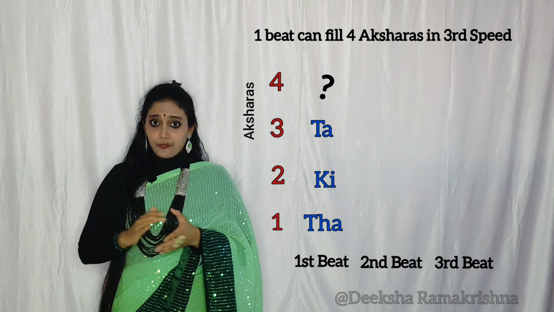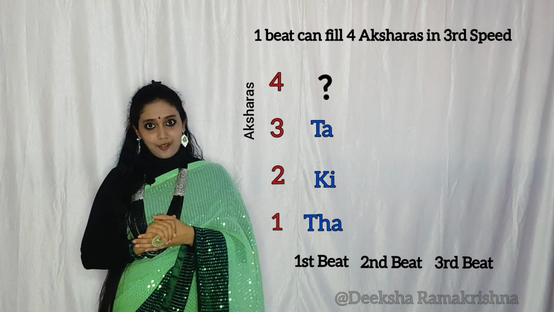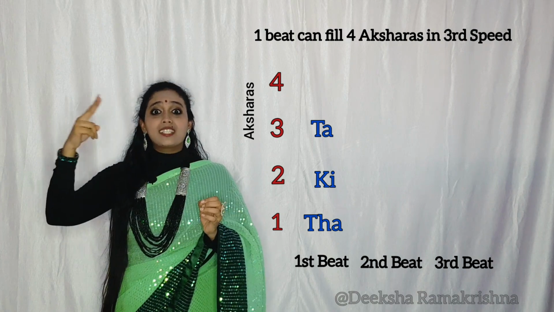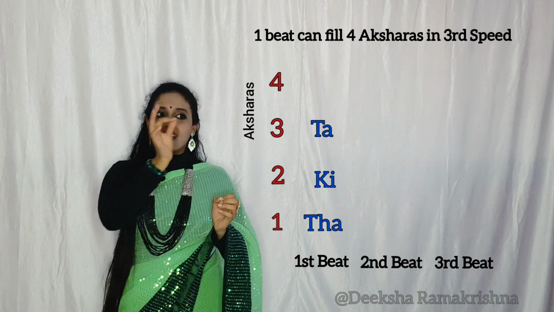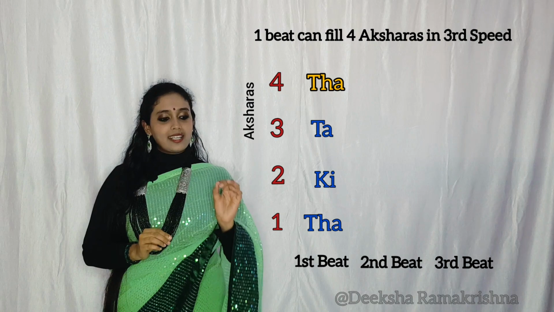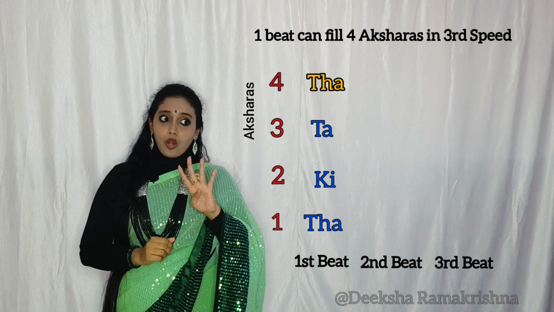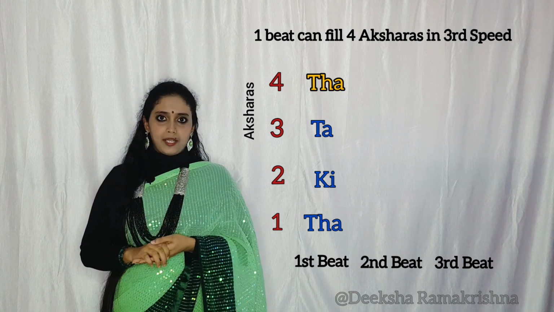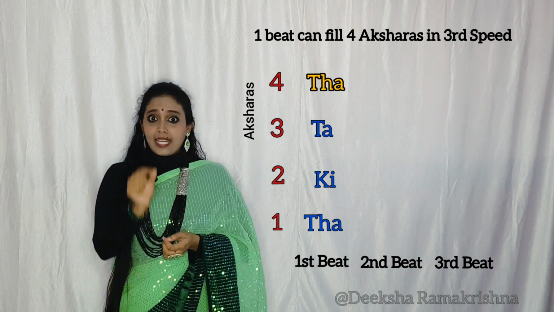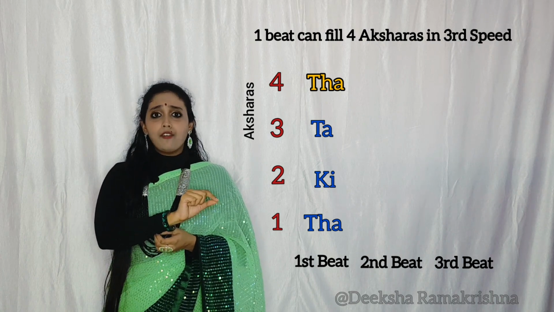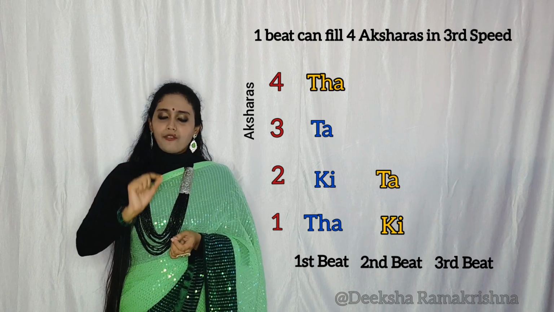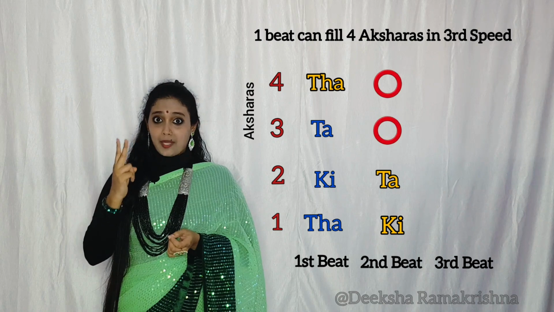So now what we have to do here is we have to be very, very careful. After ta, ki, ta we have to consider the next cycle of takita, that is ta, right? Ta, ki, ta, ta. So now all 4 spaces are filled for the first beat. Let's consider the second beat. Ta is already done in the previous beat. So how many aksharas are left? That is ki, ta, right? After ki, ta, there are still 2 more spaces to be filled.